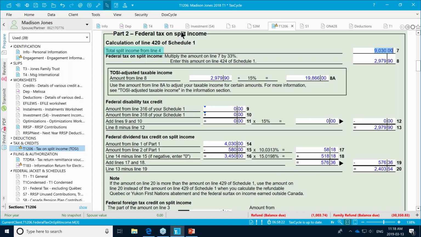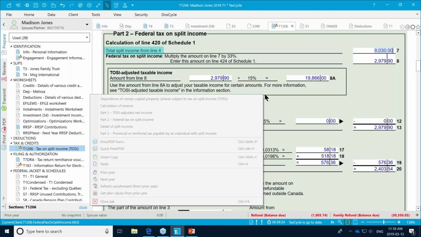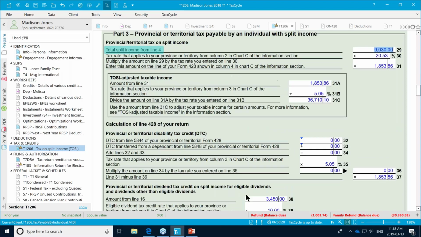So part 2 shows our federal calculations, and then also there are the provincial calculations. Just a quick note on the provincial calculations, where it comes to a disability tax credit transfer from a dependent, this calculation is using the federal taxable income because we didn't have a really great way this year, or as yet, to determine the tax rate applicable.